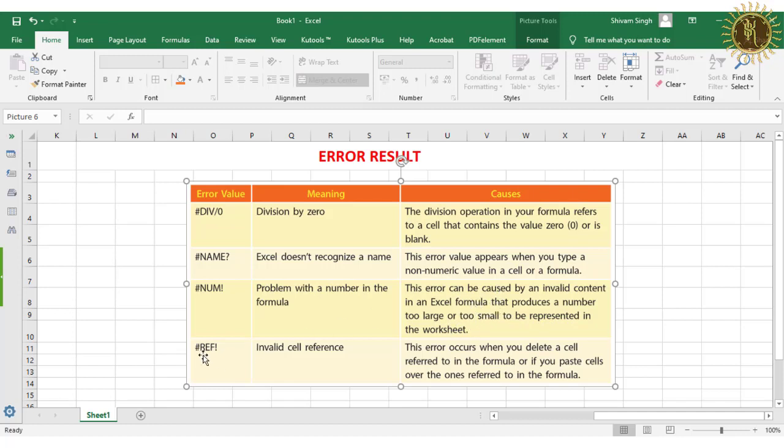Then hash REF means invalid cell reference. Whatever reference we have given to that formula, any other cell name, is not a valid cell address. This error occurs when you delete a cell referred to in the formula, or if you paste cells over the ones referred to in the formula. Okay. Thank you.